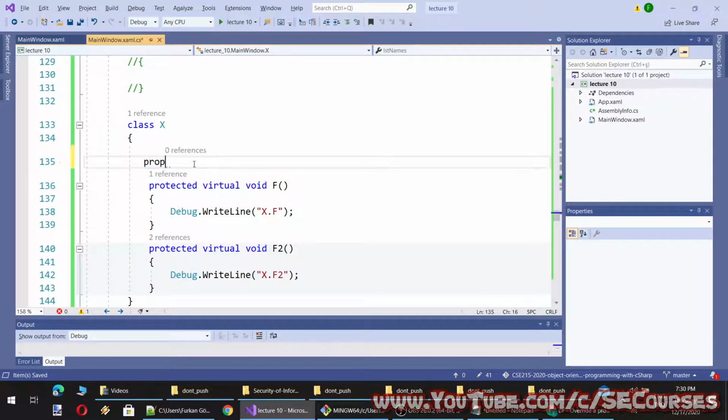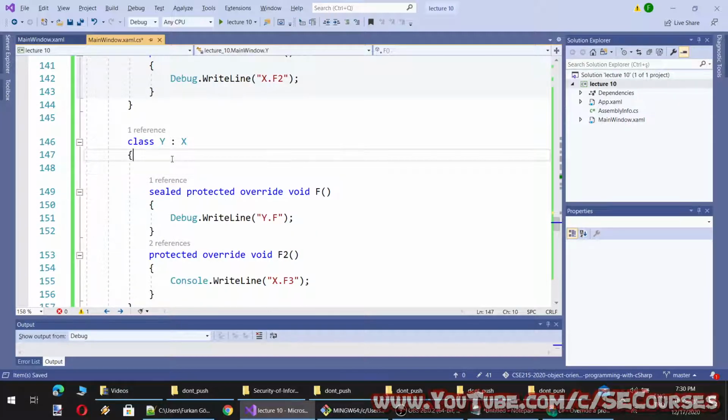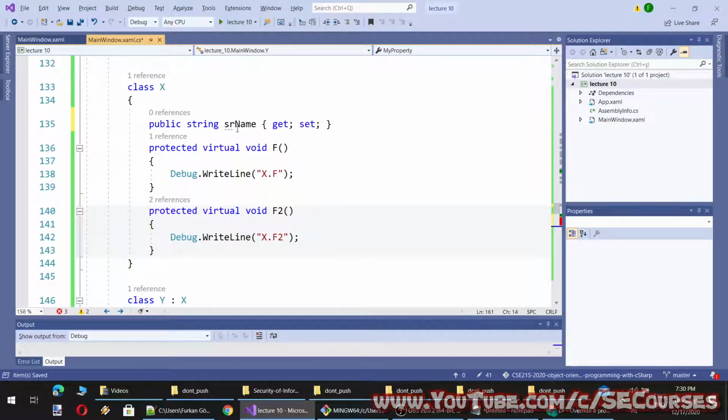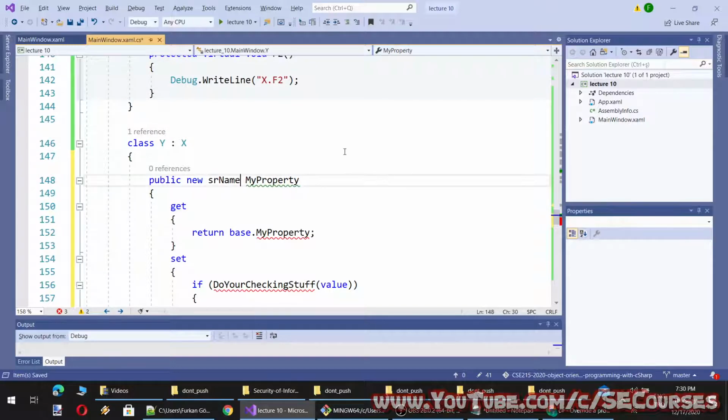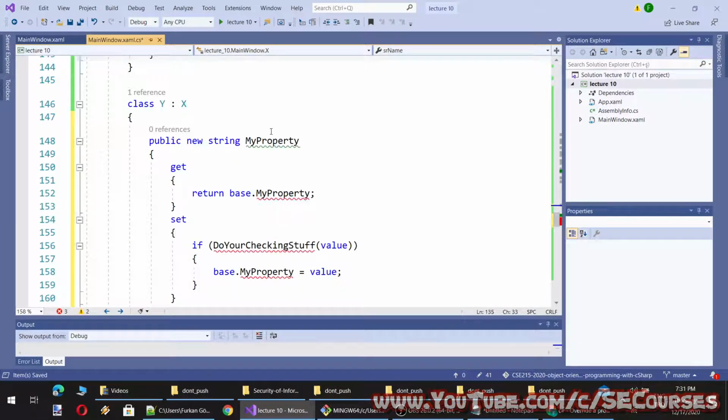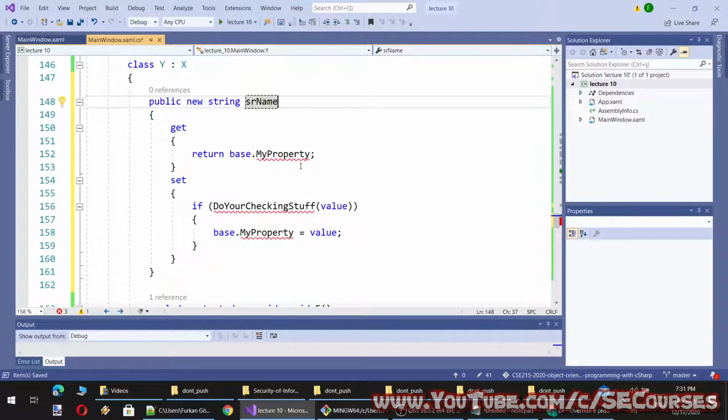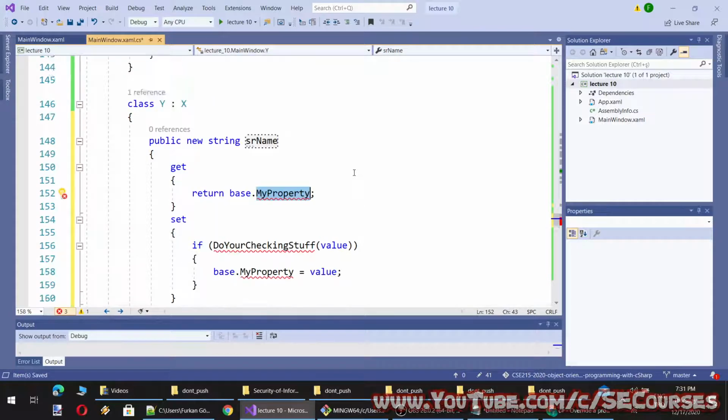So let's use a property string name, and then we should be able to override it. So here I am overriding the property.